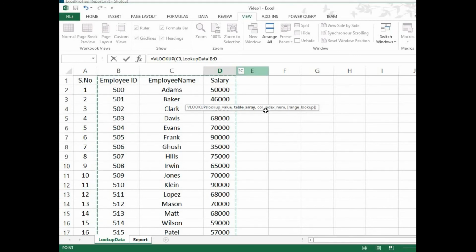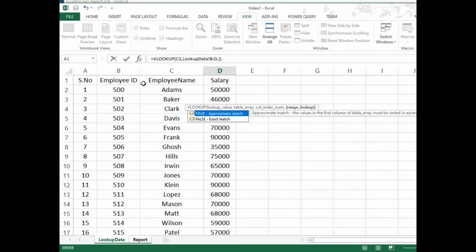That's what we are going to use in the next parameter, the column index parameter. First select the range, comma, column index. Which column do we want to get? It's employee name, right? So type 2.